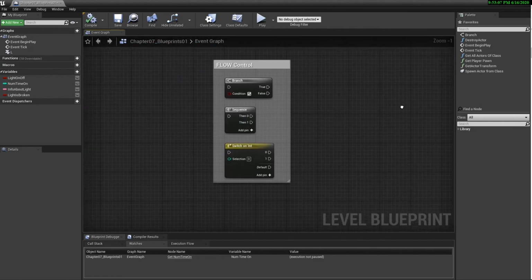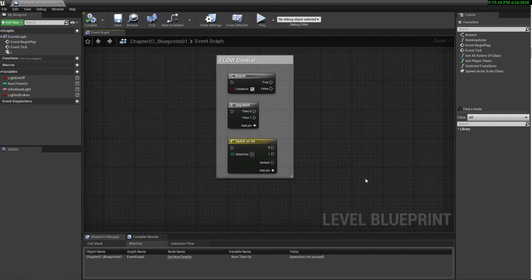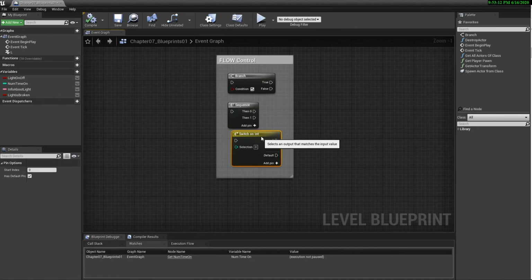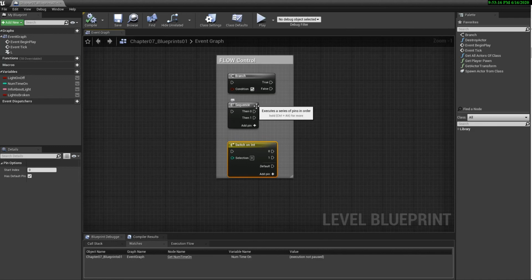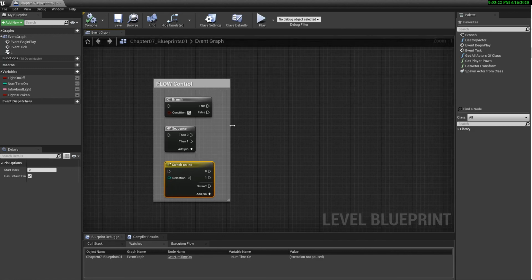All right. That sounds like a good place to stop. We've covered 3 different flow control nodes. We've used the switch and the branch, and we've talked about ways in which the sequence node could work. We could apply a different sound effect maybe next time or as we get a little bit further in, but I think this is a really good place to stop.